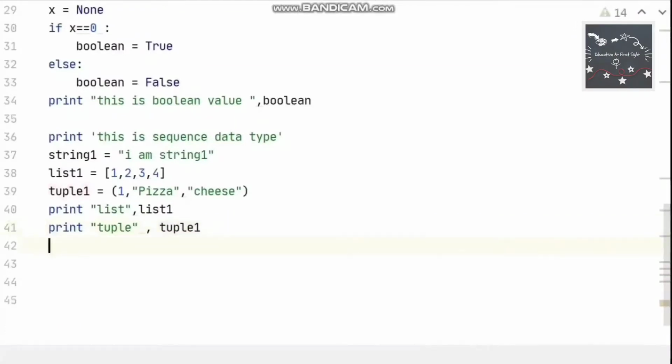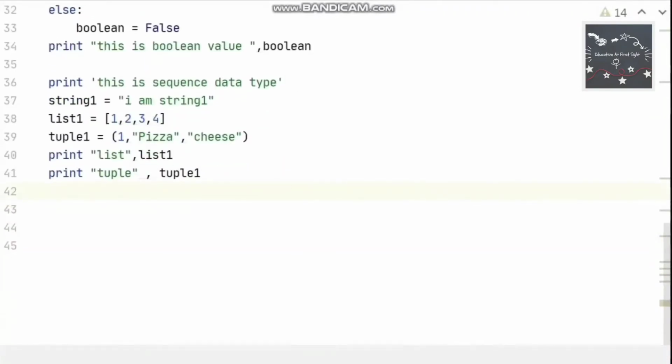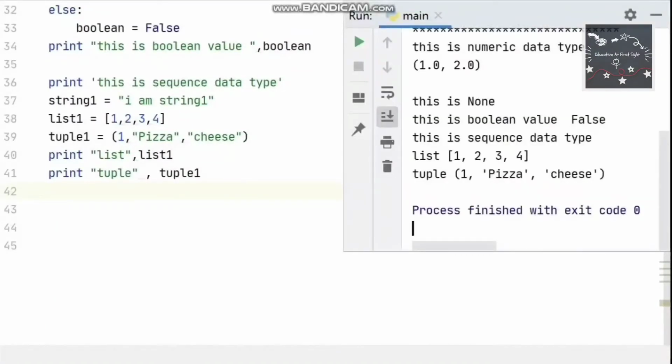Now I am printing the list, the tuple and the string one by one. Compare the order of the elements we have declared in our code for the list and the tuple with the order of the elements which have been printed in the output. Are those the same? So this is why we call them ordered collections of data.